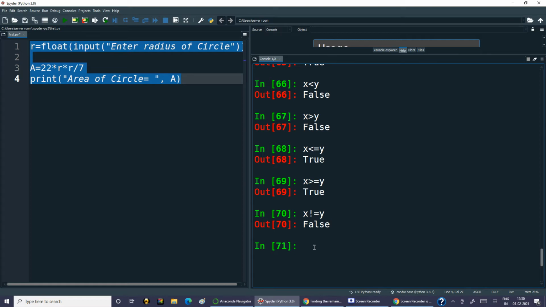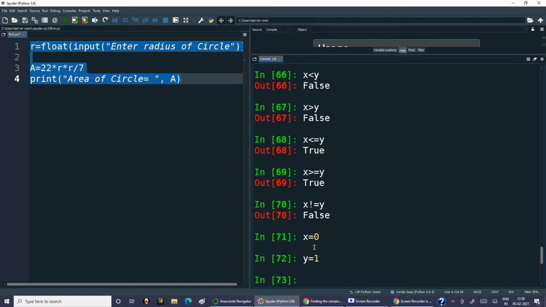And as far as logical operators are concerned, in C programming we have three logical operators: and, or, not. So here also we have and, or, not. But how to use them? Let us see. I will write x equals to 0 and y equals to 1.